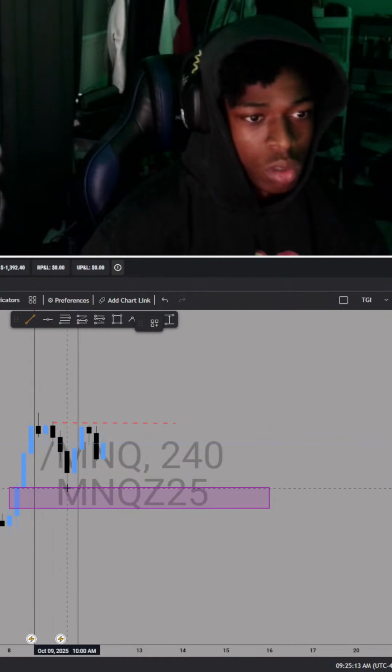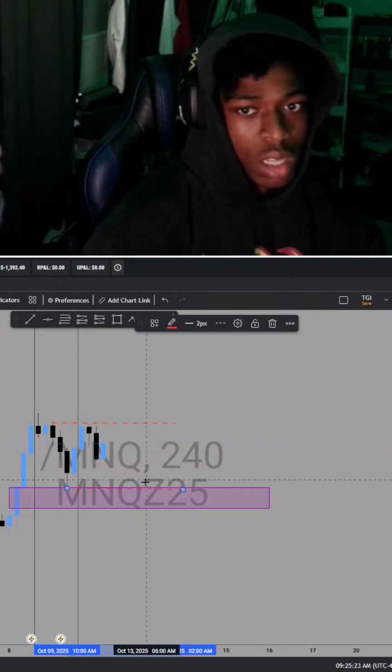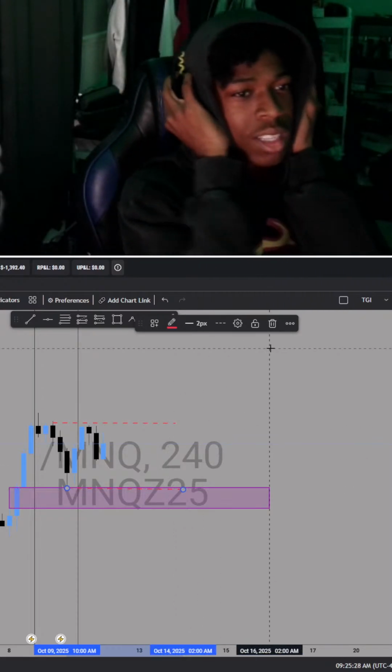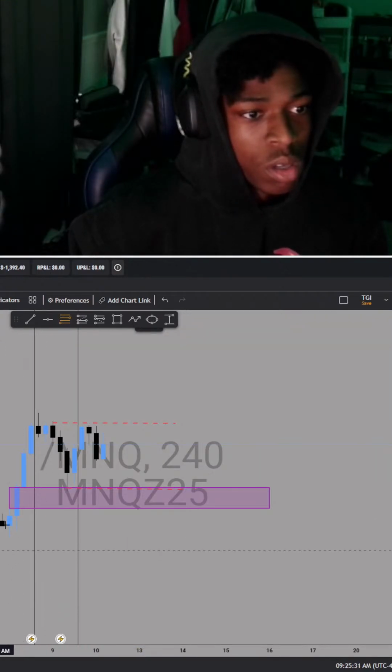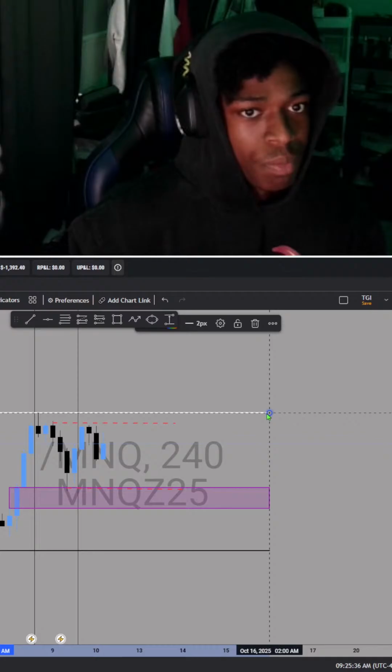And then we got the lows of yesterday, right here in line with this gap. So we have two confluence entry right here. And it's closer to a big figure level, so that's about a 3 confluence entry. So I like this entry a lot. Let's pull a fib from this low to this high.